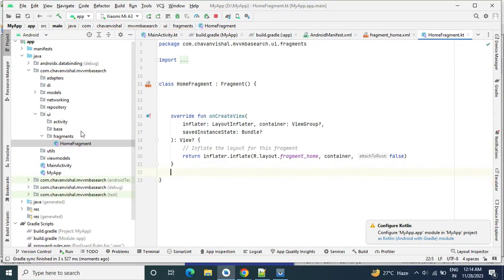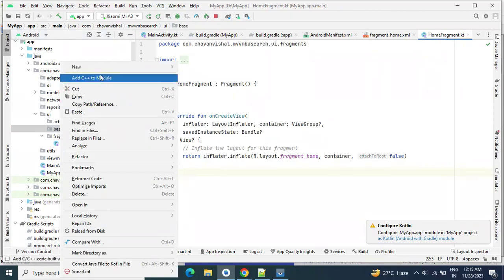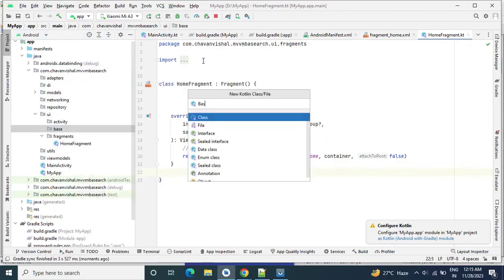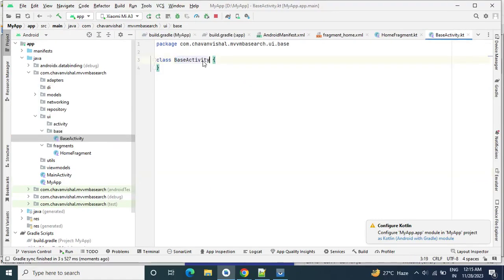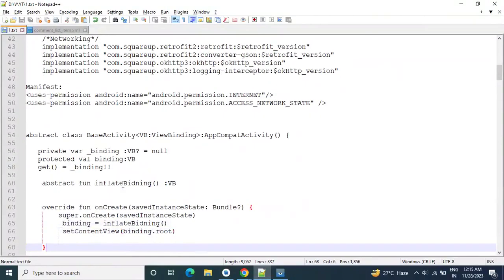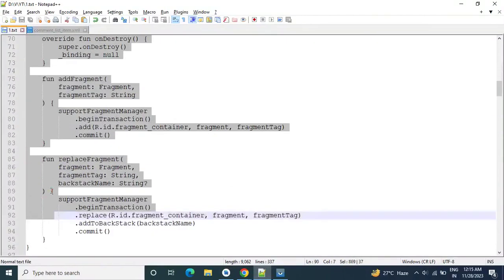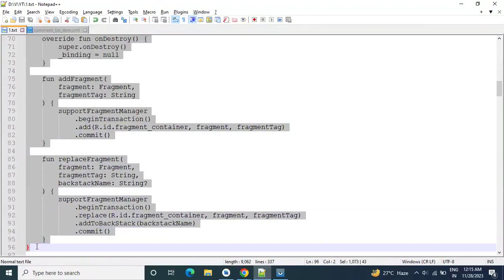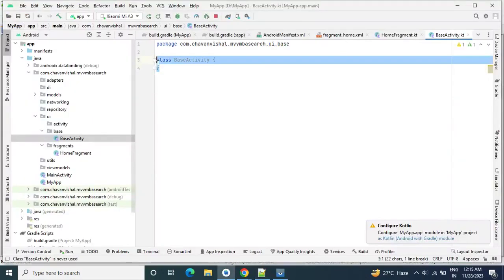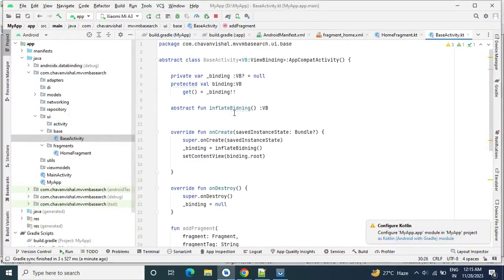Okay, so we will add a few base classes over here. First we will create a base class as our base activity. Let me copy paste the code of base activity from my notepad++ file. So this is my base activity.